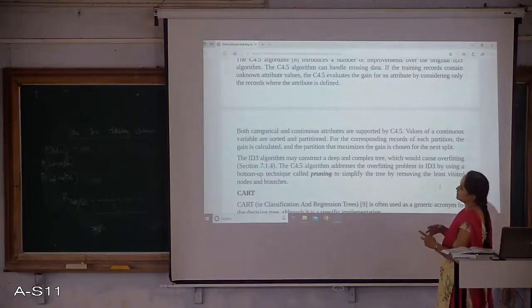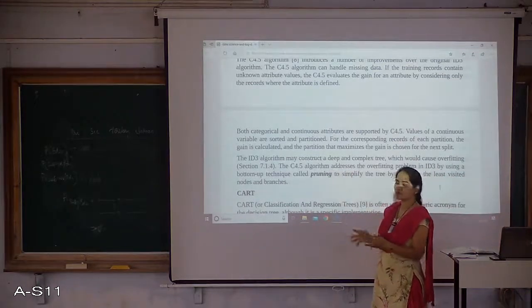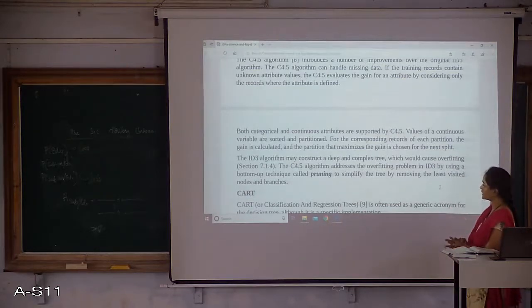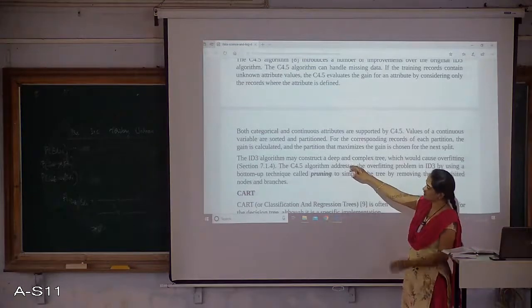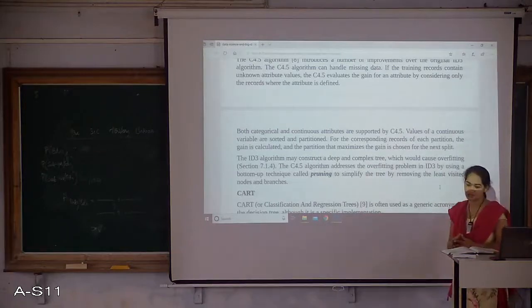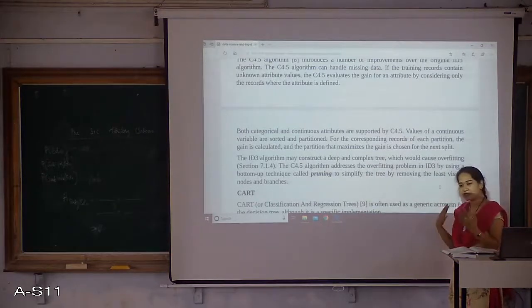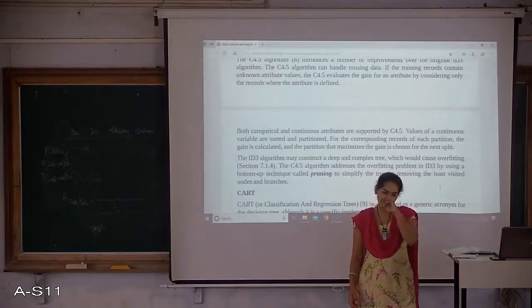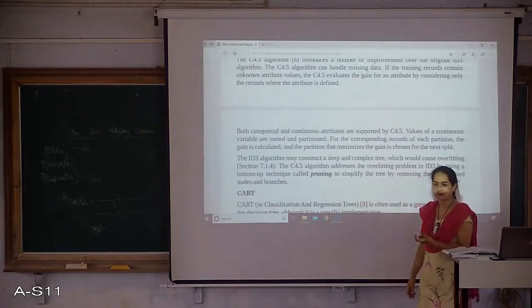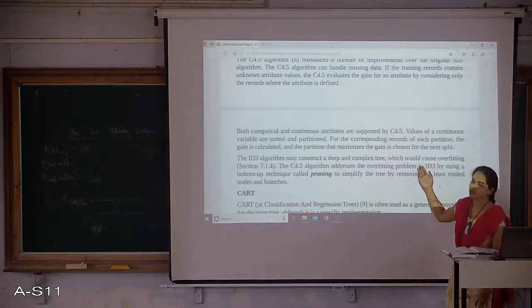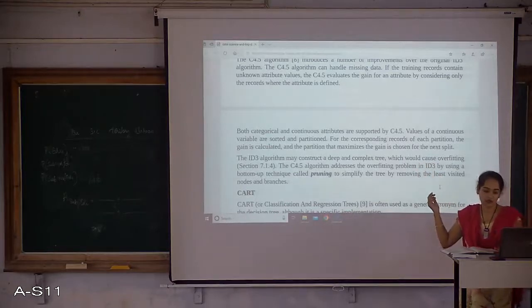This particular algorithm C4.5 also addresses the overfitting problem of ID3. What is that overfitting problem? It may construct a very complex tree which would cause overfitting. That means I repeatedly take many conditions and the tree becomes very large and huge. So making a decision and coming to the conclusion takes a lot of time. In that case, ID3 is not a very strong one.